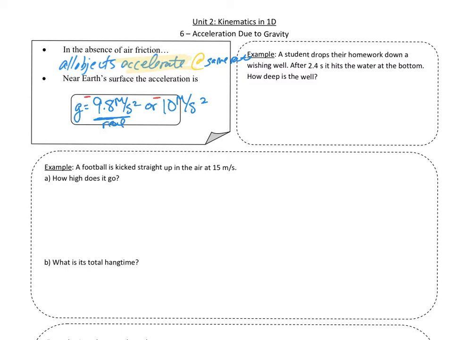Let's do just a few examples here. So we have a student who drops their homework down a wishing well. After 2.4 seconds, it hits the water at the bottom. How deep is the well? Let's take a look at this. It looks like this. So you've got a well here, and we've got an object, and it's going to fall down. And we want to know